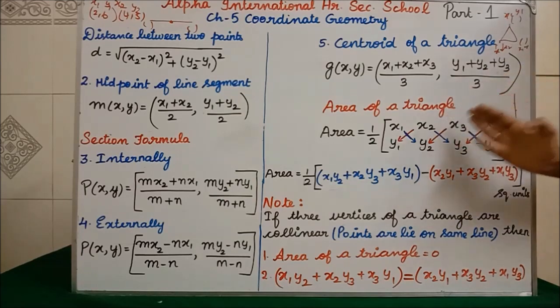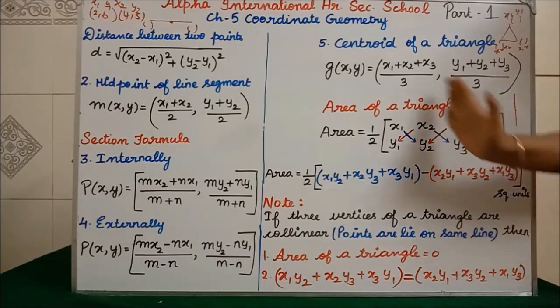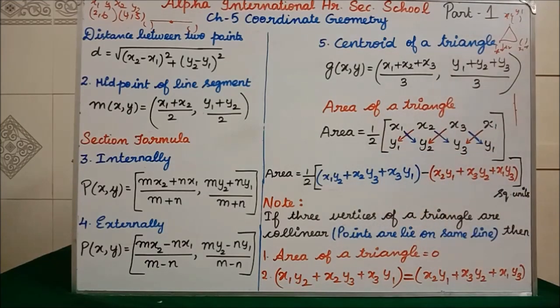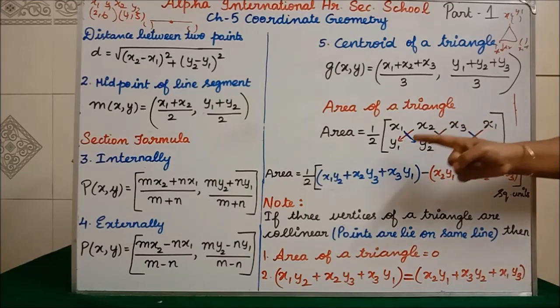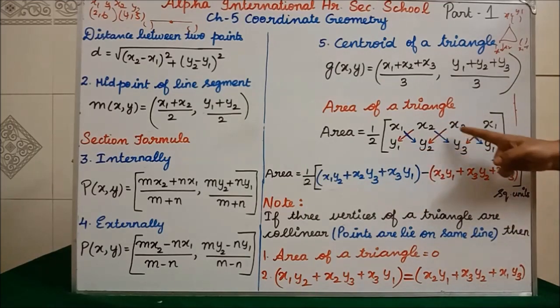Okay, for the opposite direction, everything will have a minus, isn't it? For that, we are taking the minus commonly out in between. Now we are going to do it in the opposite direction. So x2, y1 plus inside everywhere, plus only x3, y2 plus x1, y3. Okay, now close the bracket. This is our area of a triangle formula. Clear? Clear, all of you?